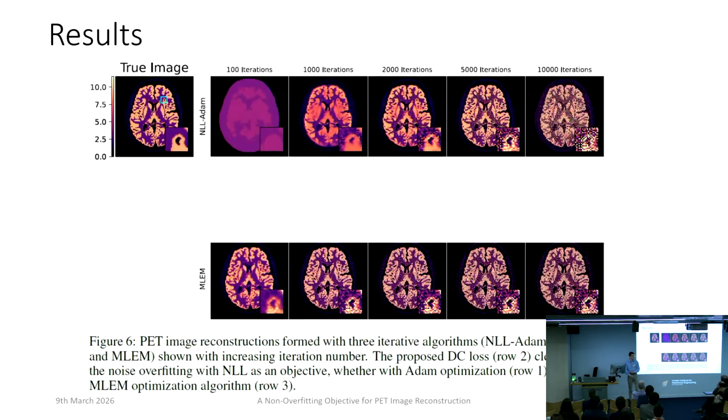So a few results. You can see here that we have a synthetic data setup where we're doing likelihood minimization, either with just the Adam optimizer or the MLEM algorithm. And in both of these cases, when we do lots of iterations, we eventually get